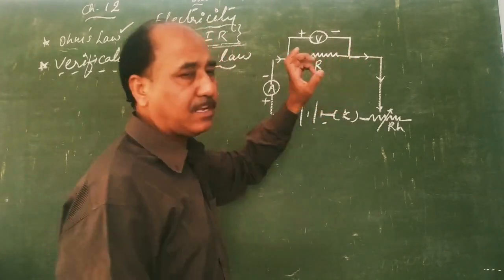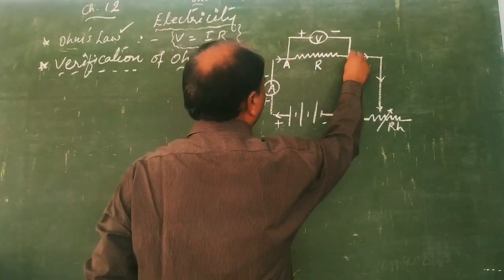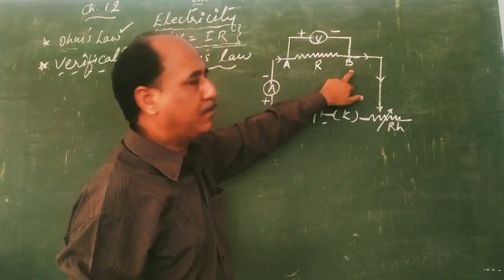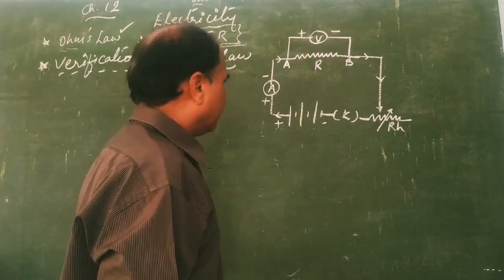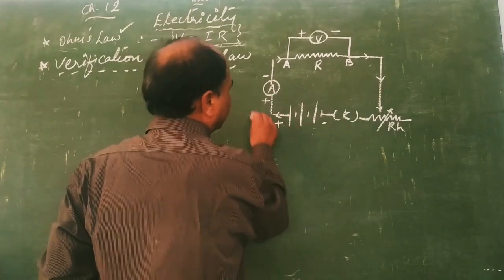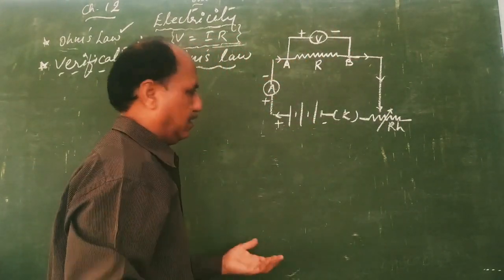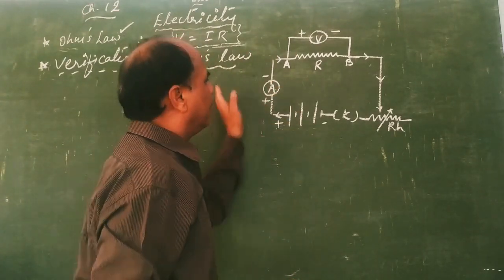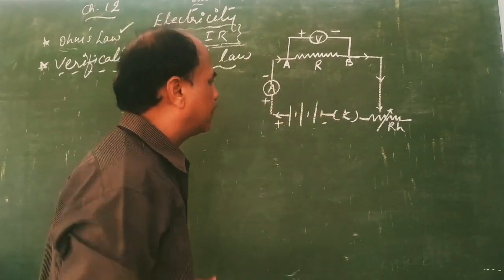Since we know the potential and potential difference, if we take this point A and point B, the potential across point A and point B will be measured by the voltmeter. That is V. Now the directions of the current are shown here from the positive end. Electrons are negatively charged and move through the negative end, and current always flows opposite to the flow of electrons, that is, from the positive terminal of the battery.